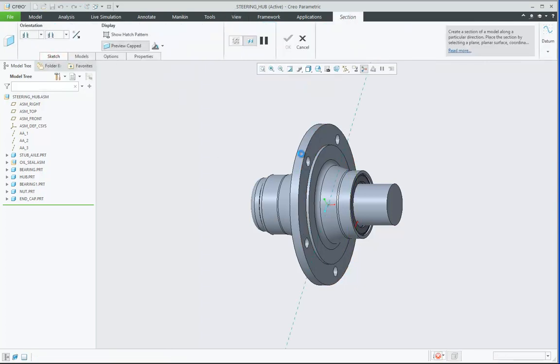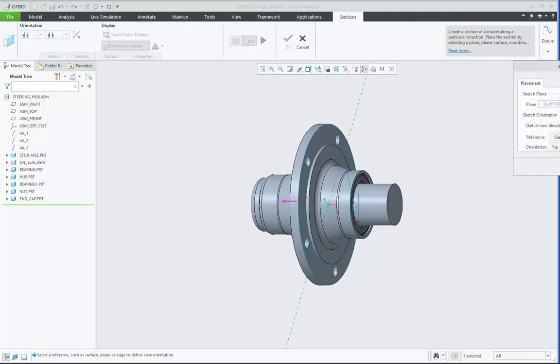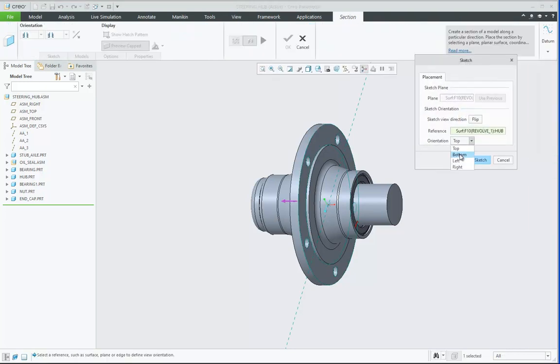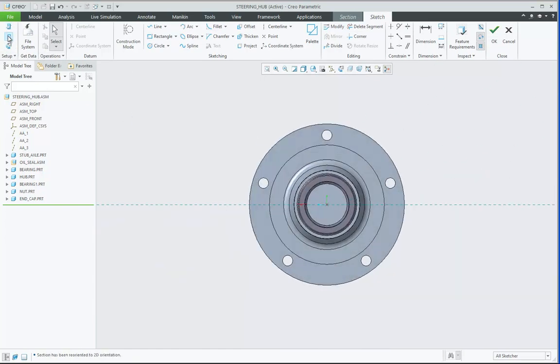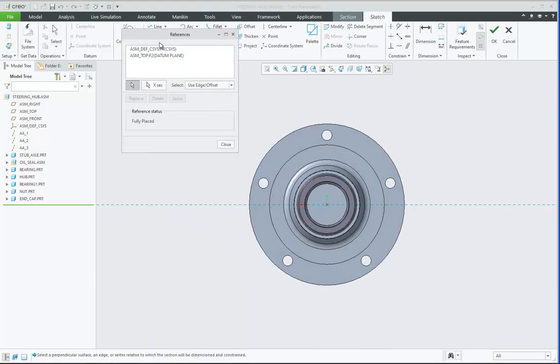In sketch I create on this surface with the right orientation, and let me take the references.